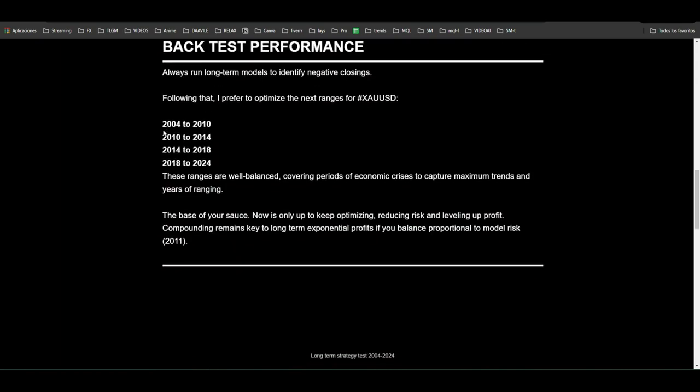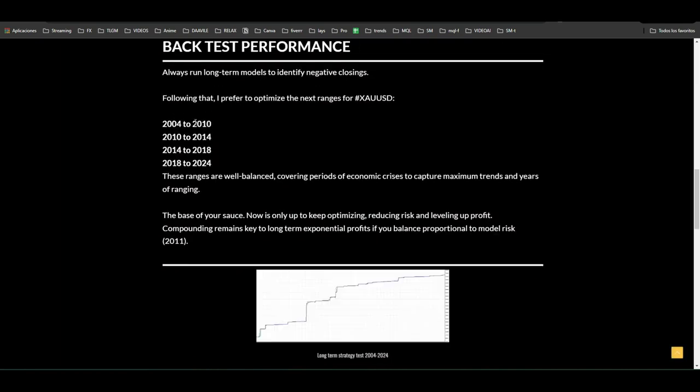I test 4 cycles: 2004 to 2010, 2010 to 2014, 2014 to 2018, and 2018 to 2024. This is the range, 2014 to 2018 mainly. This is the worst case scenario. This is the start of, or at least the best data you can get, because before that trading was very low volume,